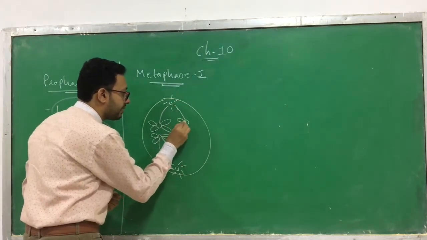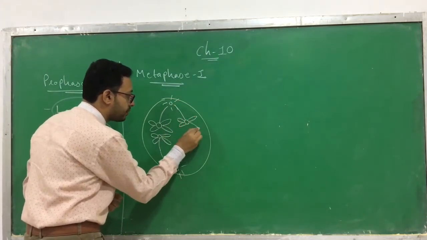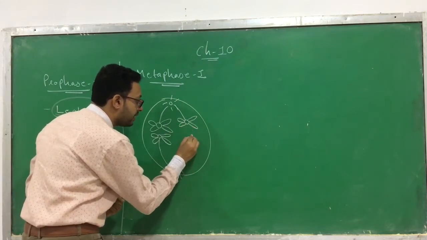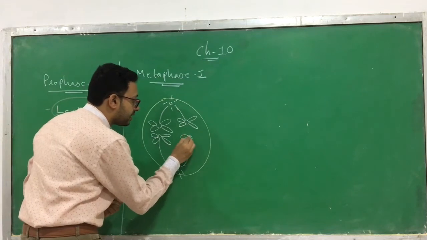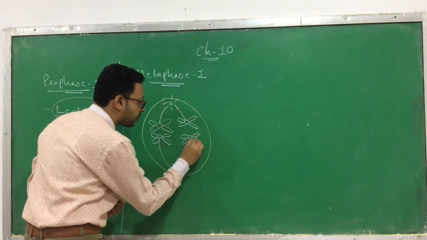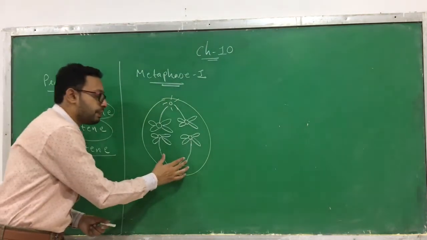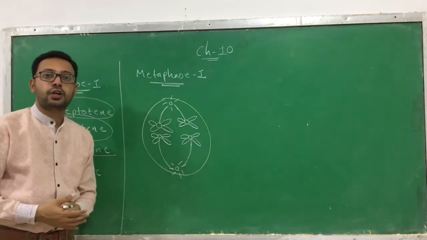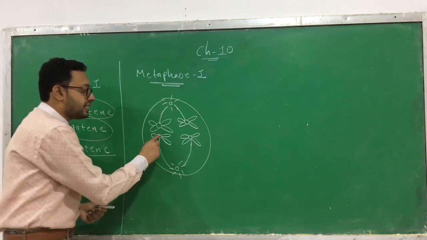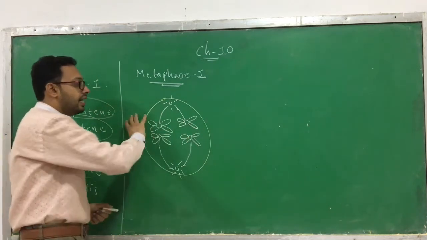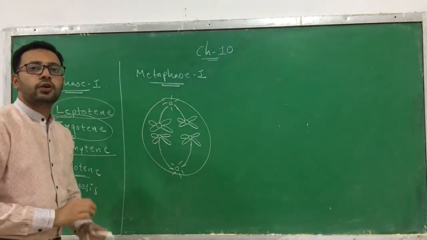This is another pair. Such kind of pairing takes place. The pairing has already occurred during prophase 1. Here they just attach with the centromere, but the chromosomes appear in pairs. So this spindle fiber, which arises from the centriole, attaches with the disc-shaped structure present on the centromere, and that aligns the chromosomes on a single line.